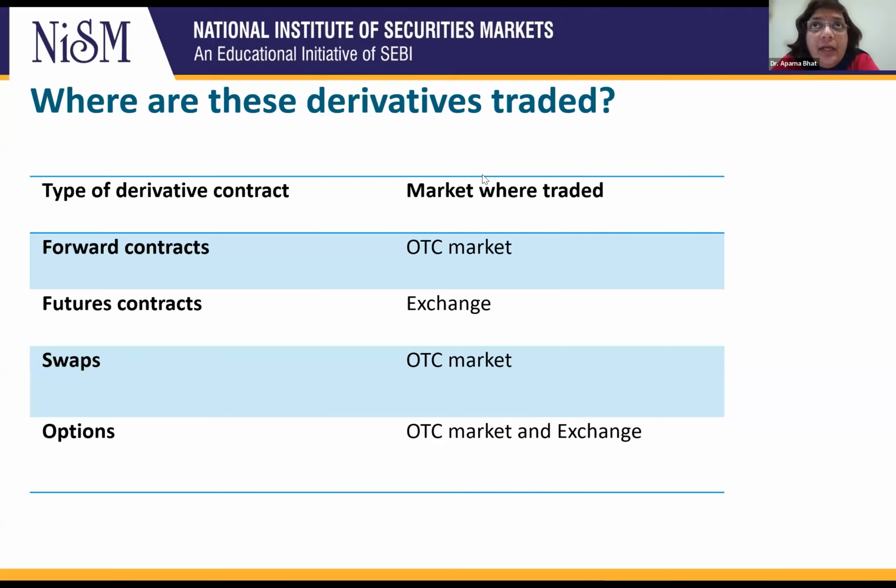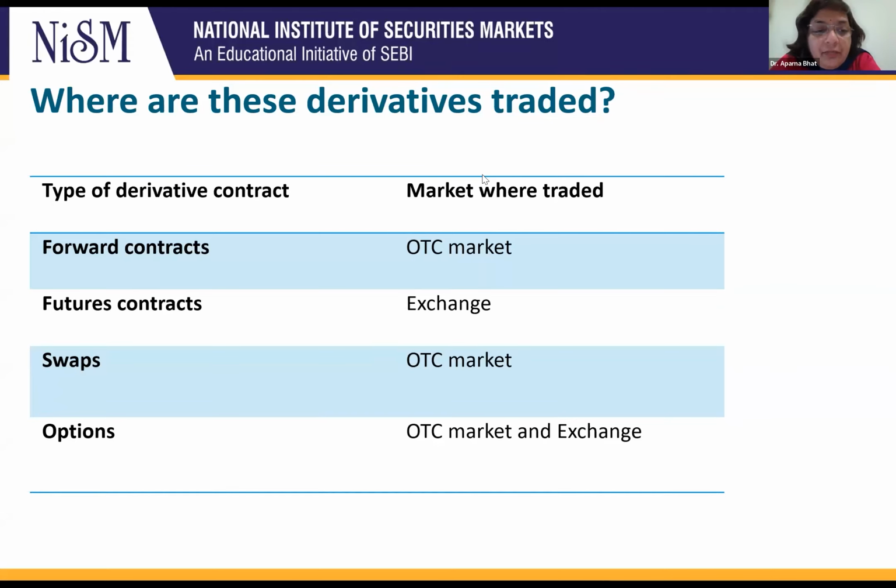What about the futures contract? The futures contract, as we said, is basically a standard contract with standardized terms and conditions, as in on which date the contract will mature, at which location the delivery will be made, what is the exact quantity that will be delivered, and what is the quality of the commodity that will be delivered. So all these conditions are predetermined. And who decides all these conditions? It is the exchange, because these futures contracts are traded on the exchange. So the exchange decides all the terms and conditions or the contract specifications.